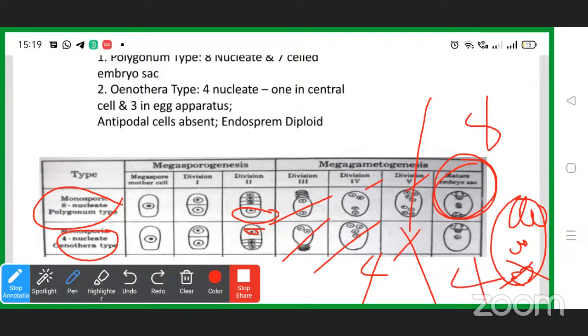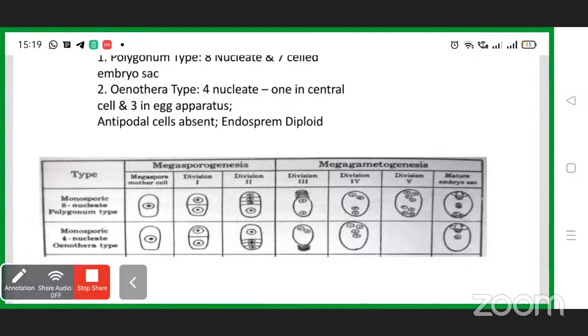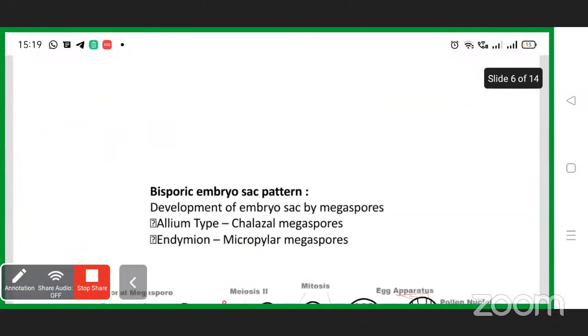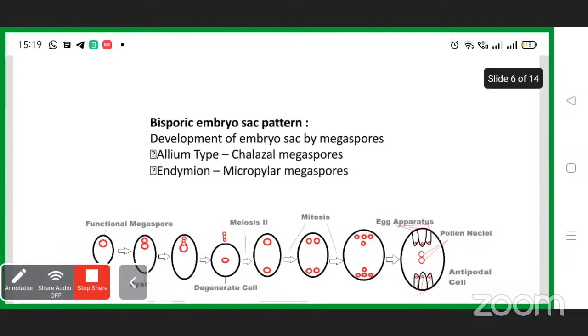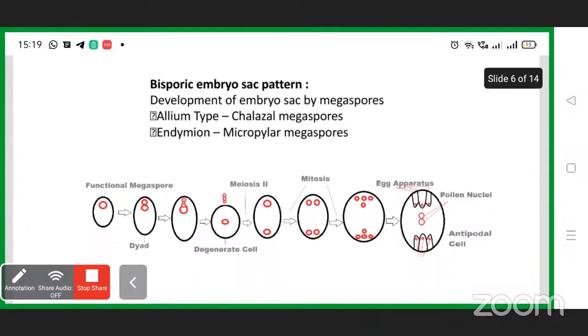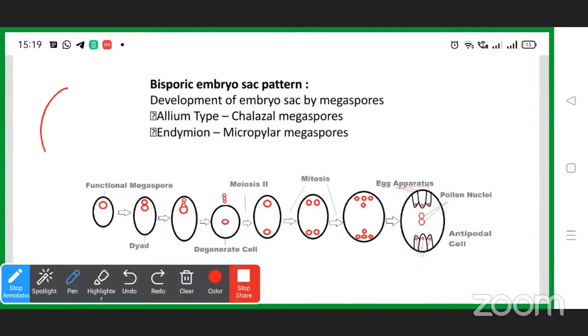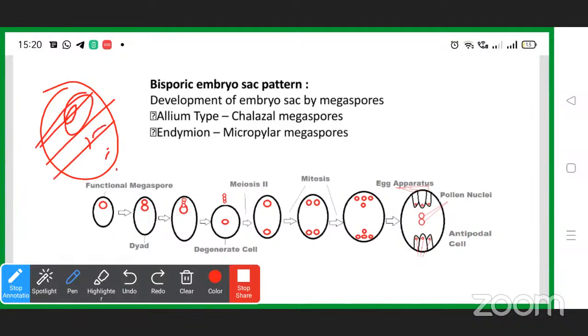And then the next is the bisporic type. What is that? Bisporic means after the meiosis, 2 megaspores take part in the formation of the embryo sac. After the reduction division of the 4, 2 degenerate and 2 remain. The remaining 2 take